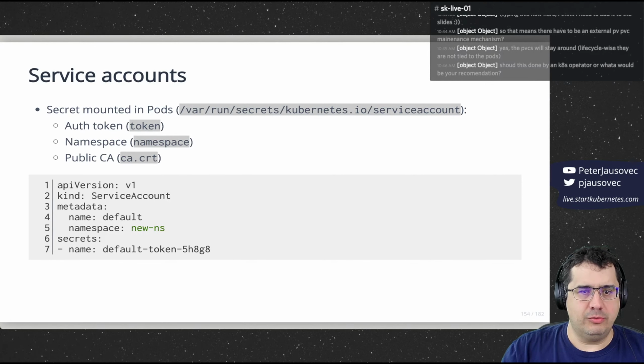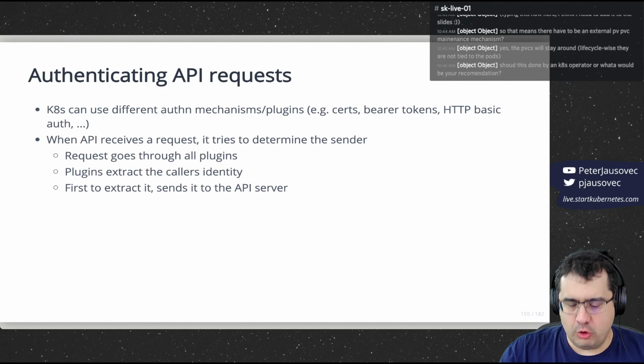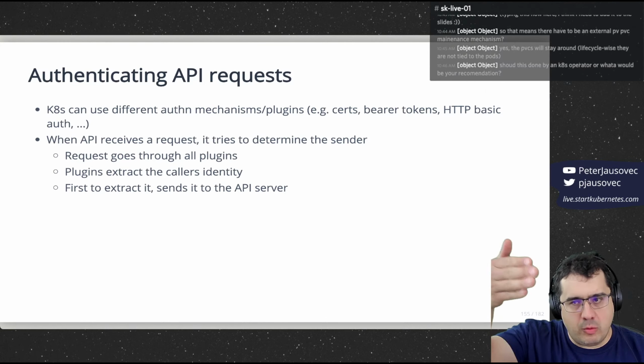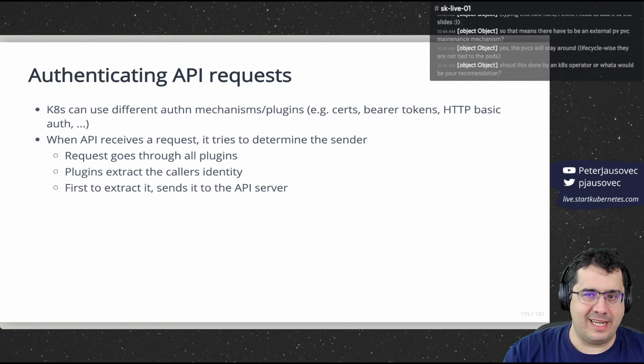So what can you do with these service accounts? Kubernetes uses different authentication mechanisms or plugins. It can use client certificates, bearer tokens, authenticating proxies, HTTP-based auth, all these different plugins to authenticate API requests. So whenever the Kubernetes API server receives a request, the request will go through all these configured plugins,